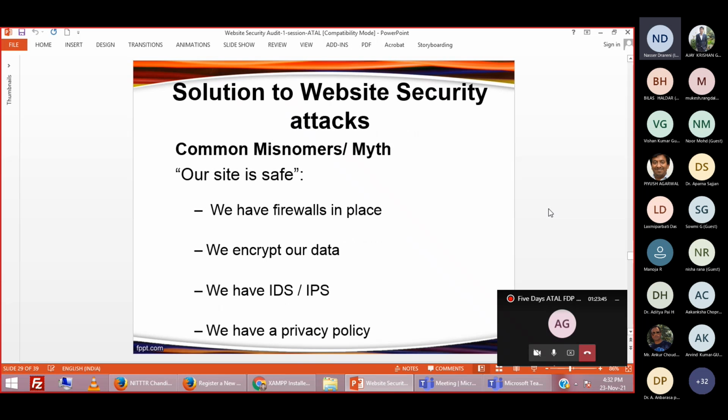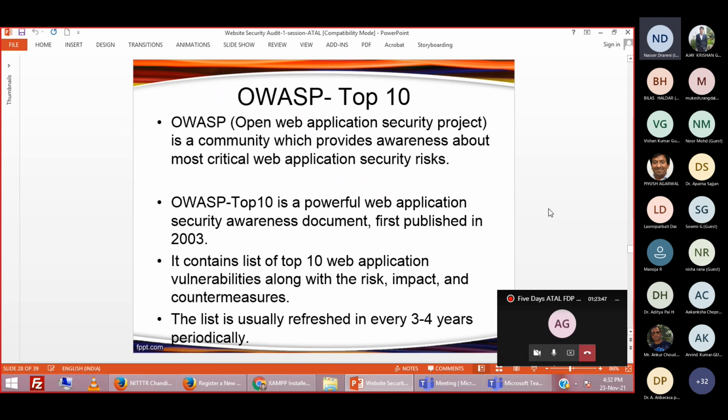This OWASP Top 10 has the list of top 10 vulnerabilities. The last time it was done in 2017, I think a new list has also come this year, and all the vulnerabilities which I have covered till now in my session, SQL injection, cross-site scripting, are listed in the OWASP Top 10 list, right?